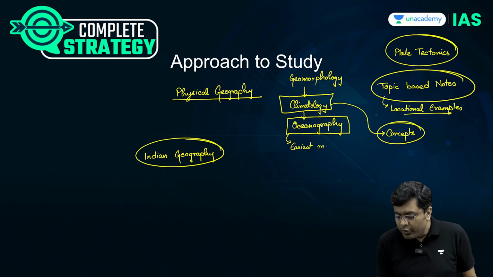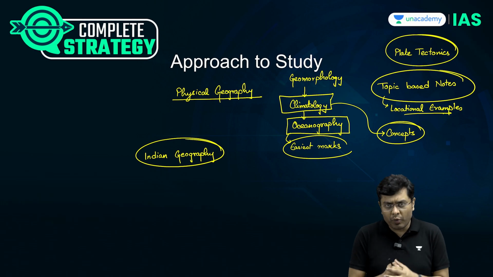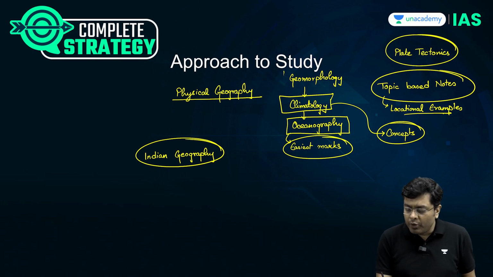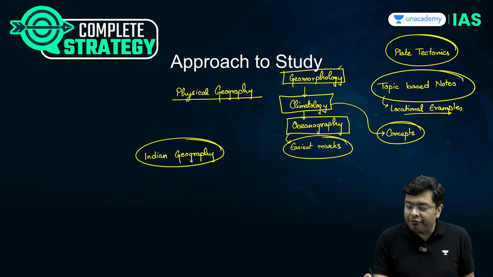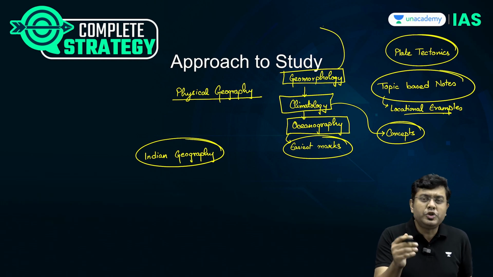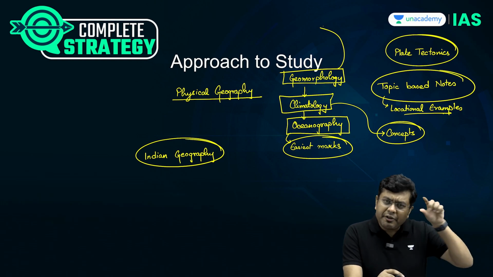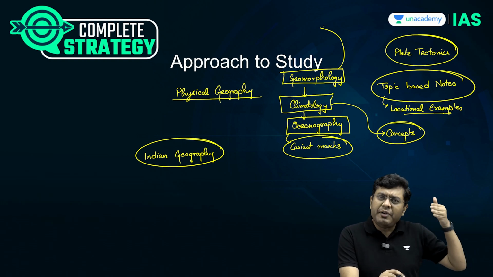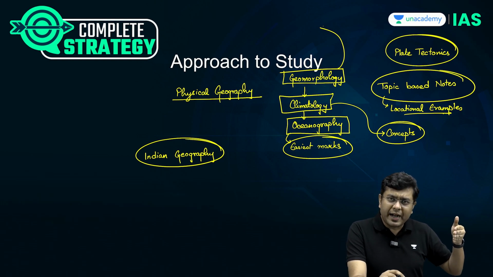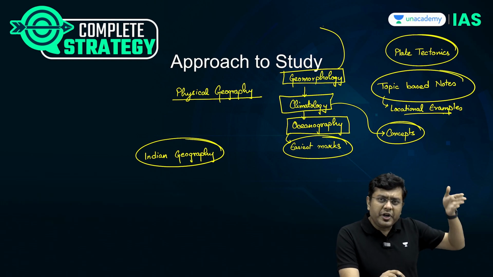Because here you don't have many twists in the concepts. This is straightforward. When we talk about geomorphology, this is where you need to develop a visualistic approach to study. For example, in the majority of the books, you will find definition after definition flooding the text. When we talk about erosional and depositional landforms, you'll find one definition after the other.